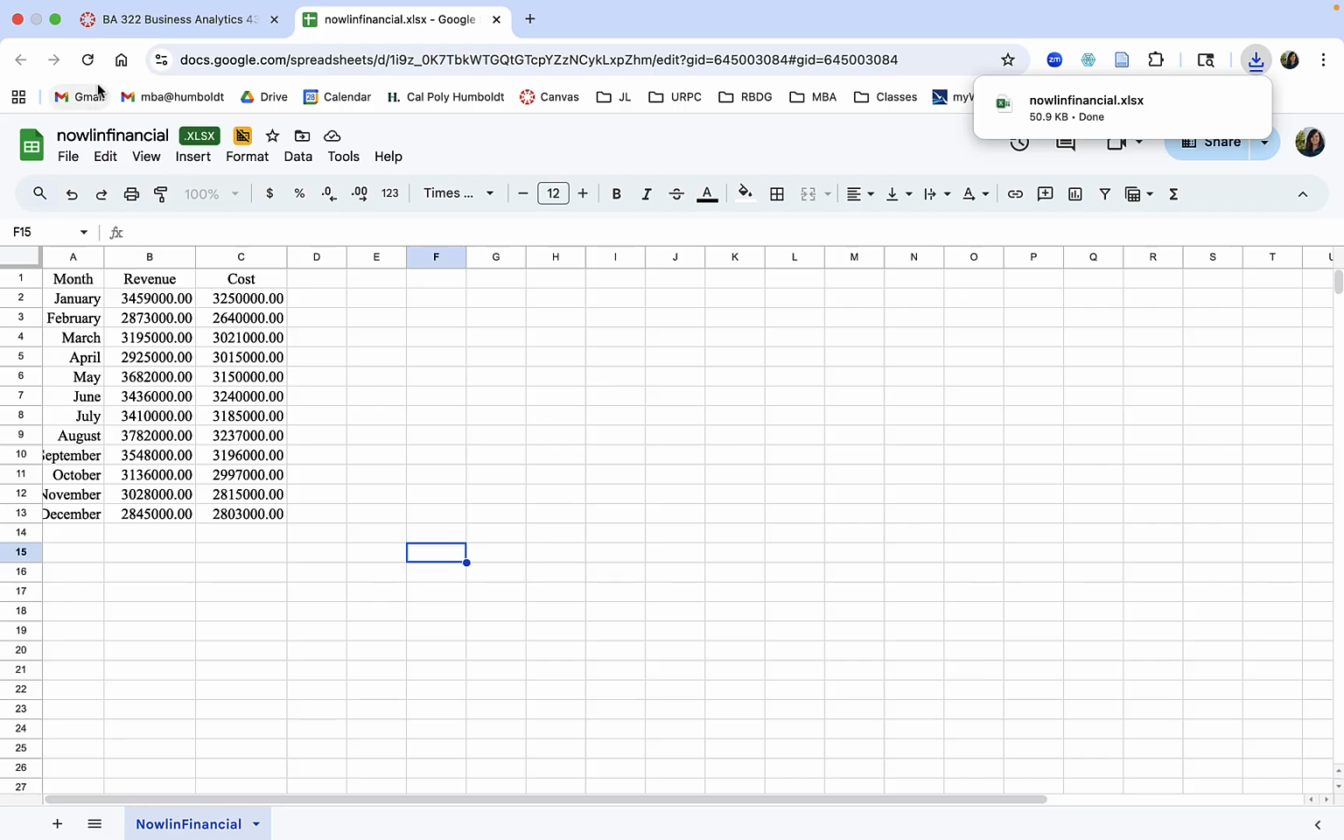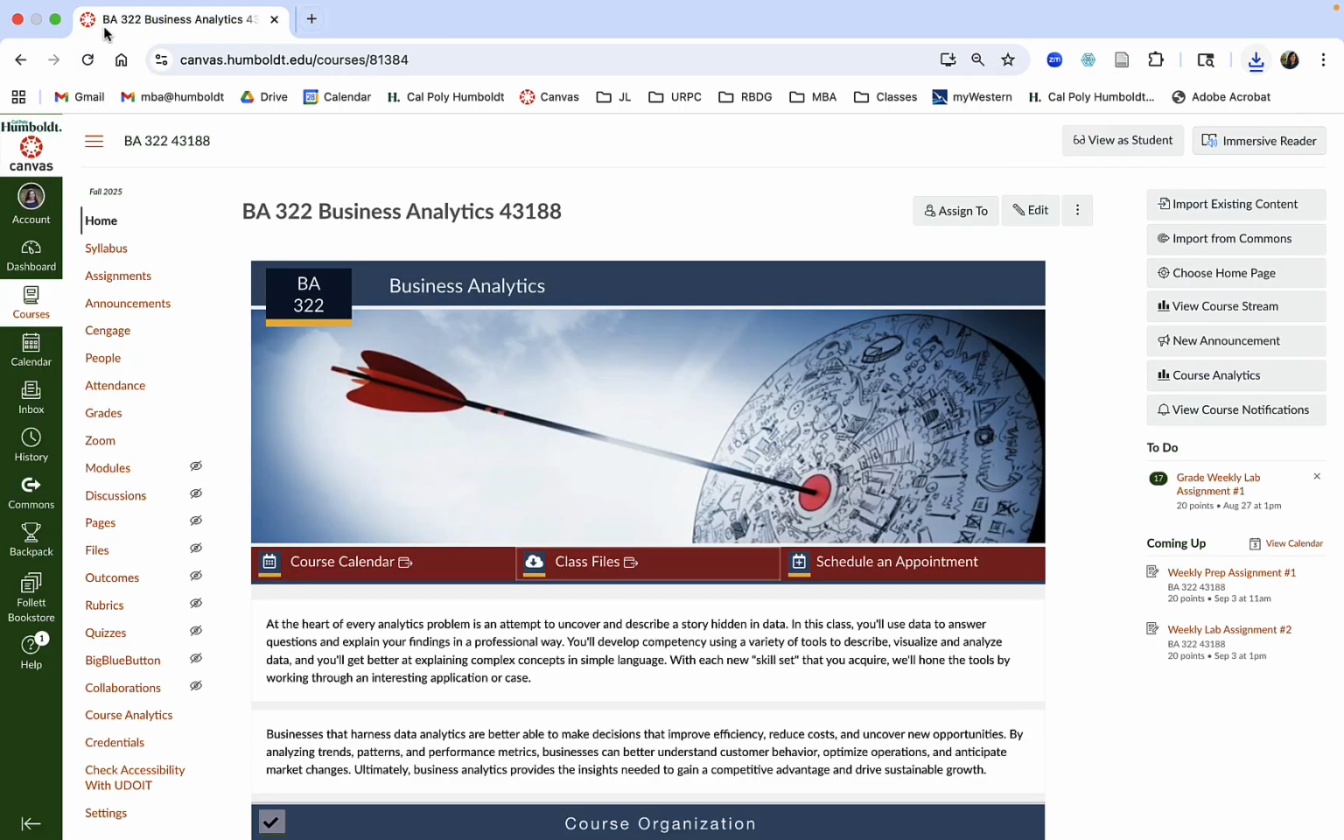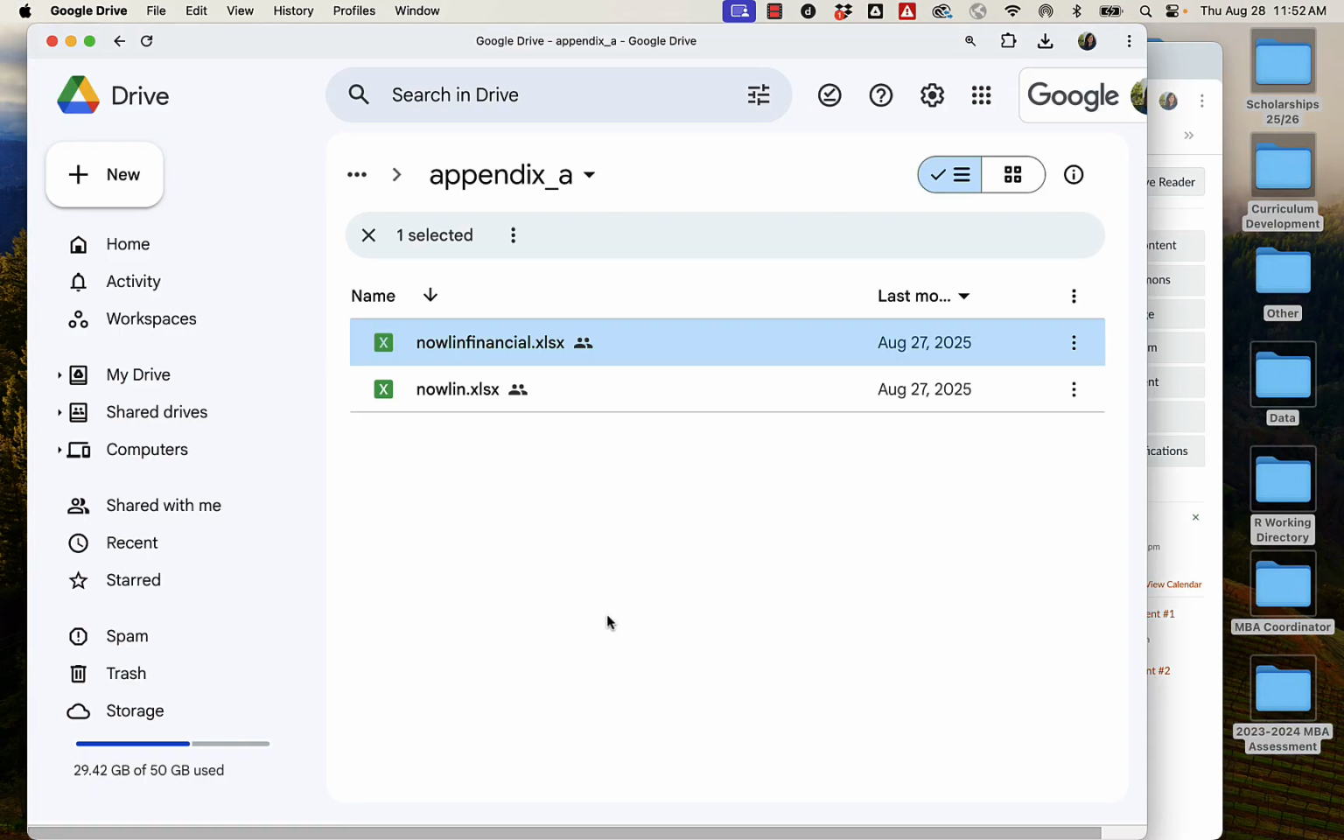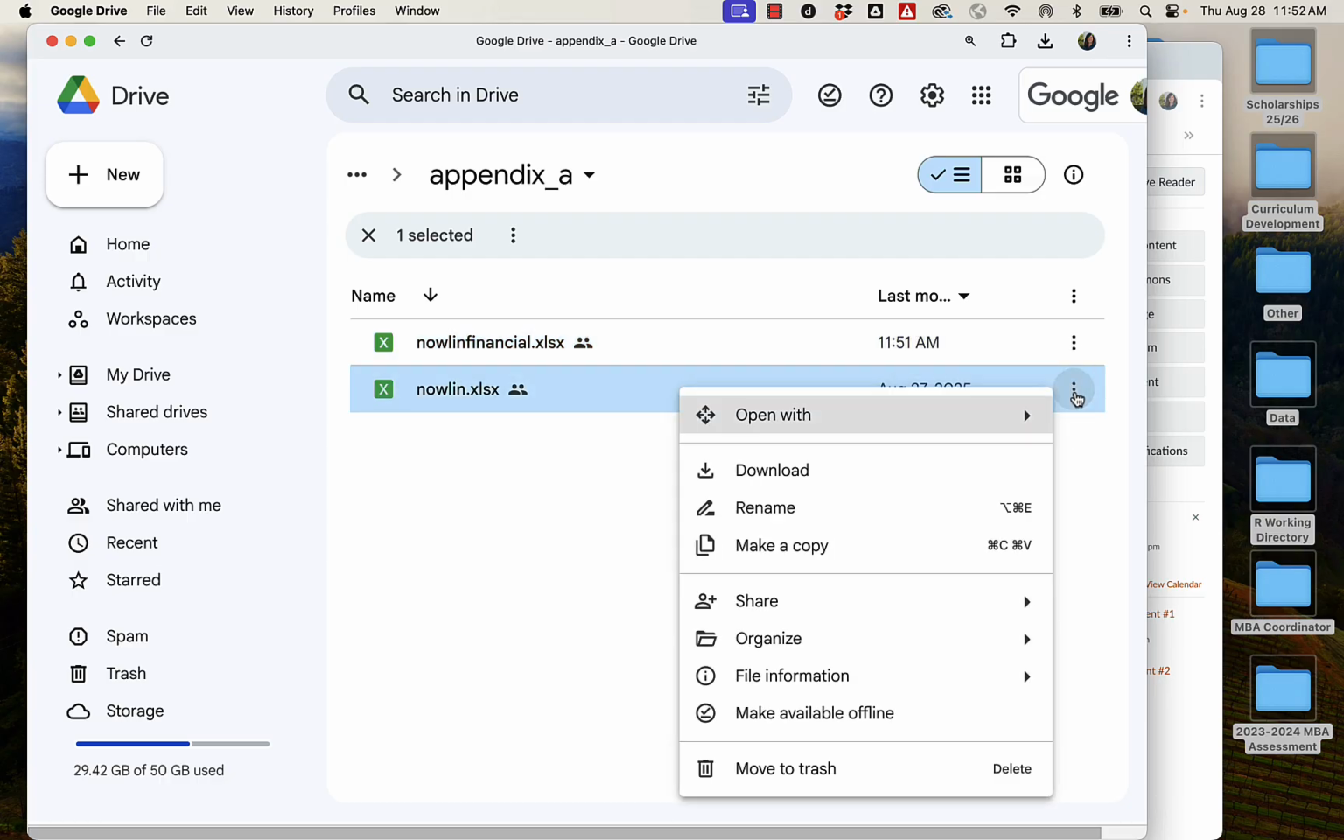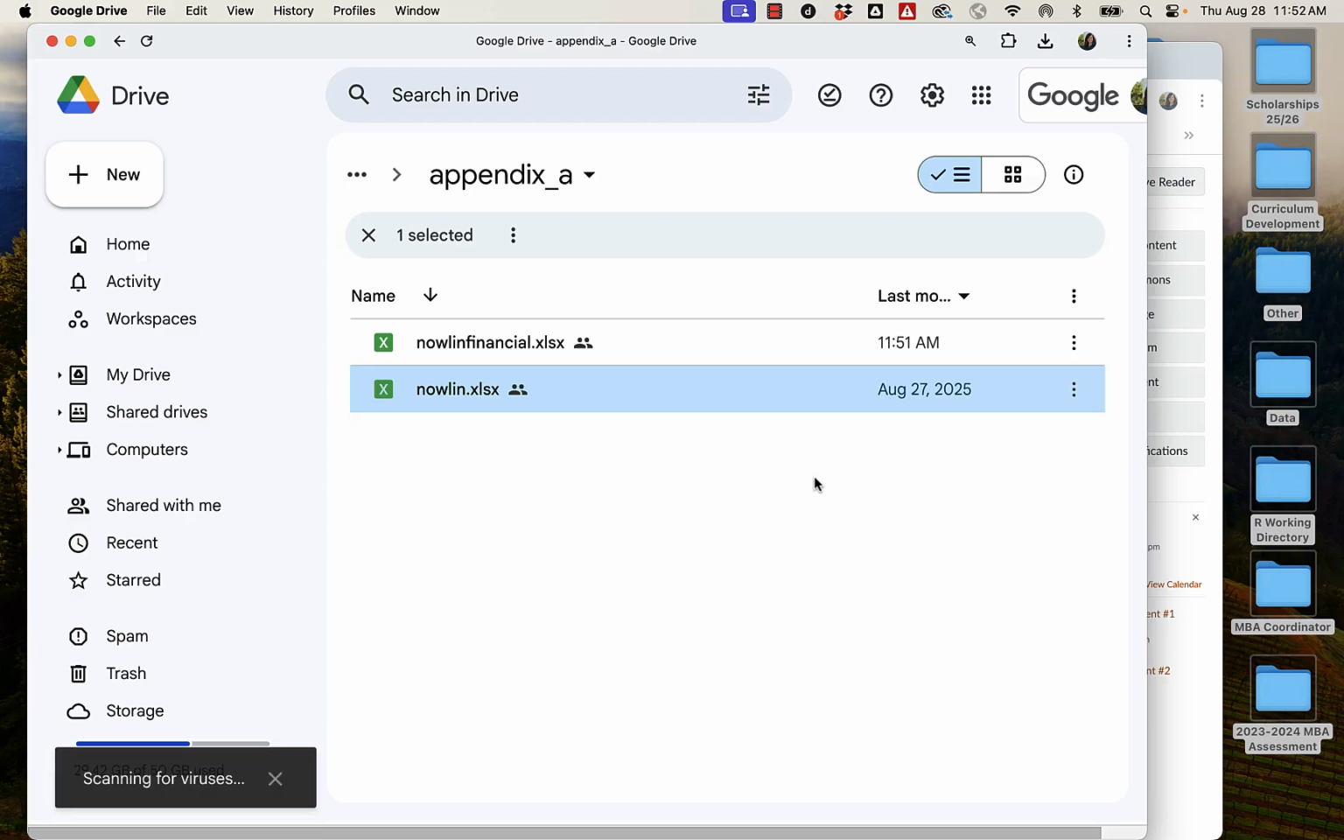Great. So I don't need that anymore. I want to go back to my Google Drive, because I also need the second file. I can go through that same process of opening it in Google, but another way to download it is through these three dots. If I click there, I can select Download,